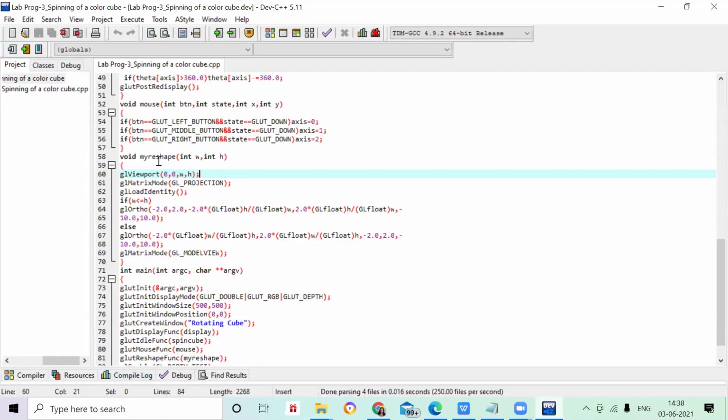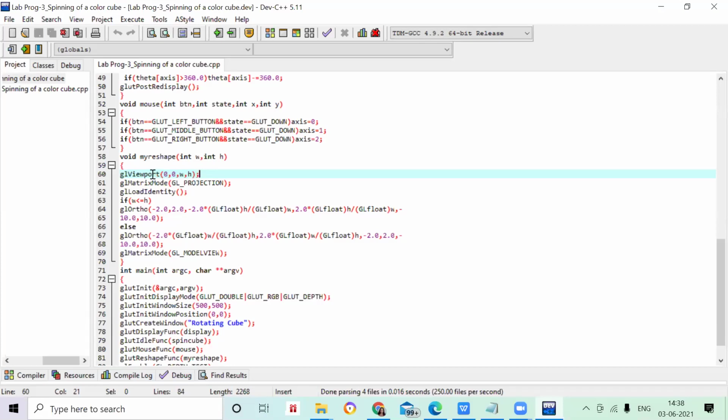So this is my void reshape. Inside that, I have to give the width and height of the object, how I'm going to see it. I have told you that I have to visualize my project, my object, in a world coordinate system or in a screen coordinate system.